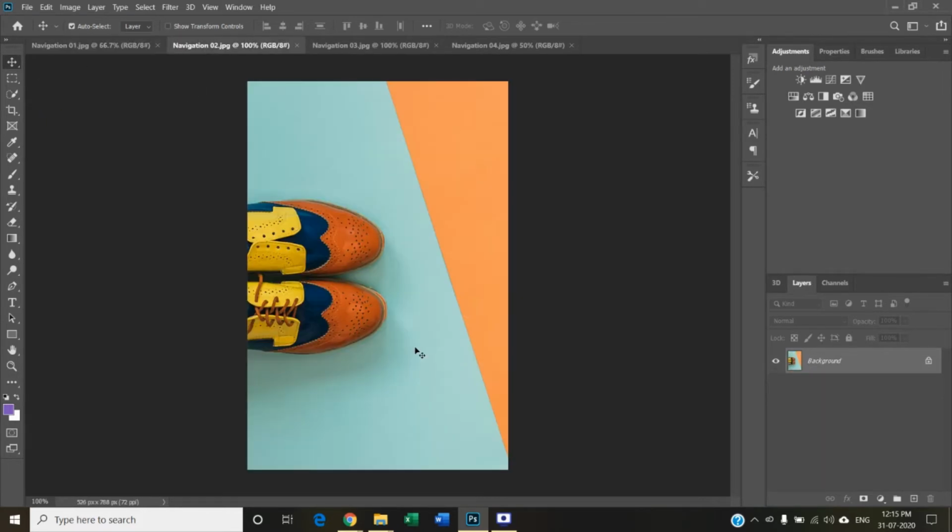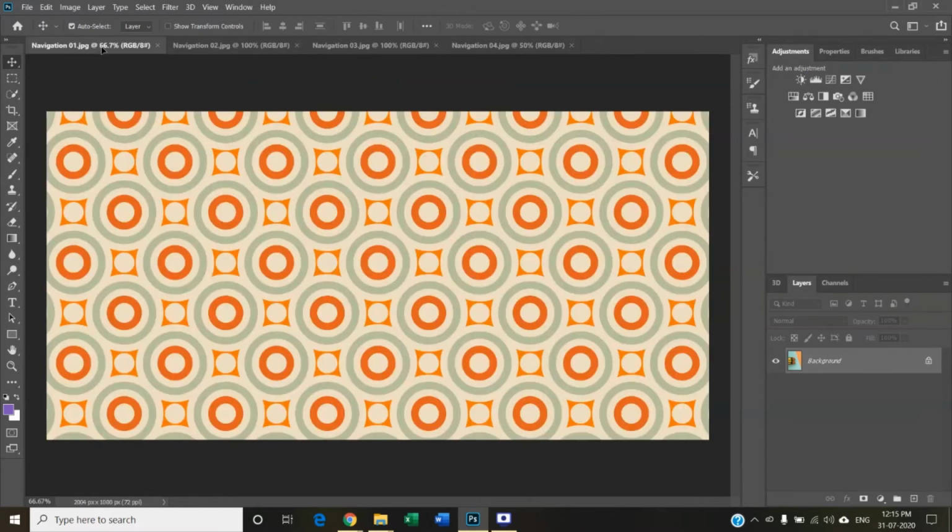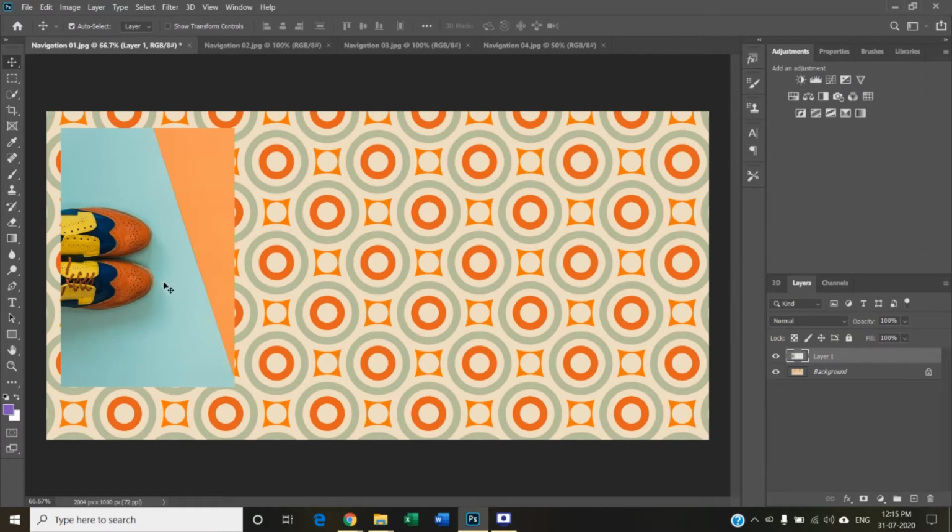But the second way is the easiest way and will work every time. Just click on the image, click, hold and drag to the first image tab and just hold there. You can see we've got our navigation 2 image in our navigation 1.